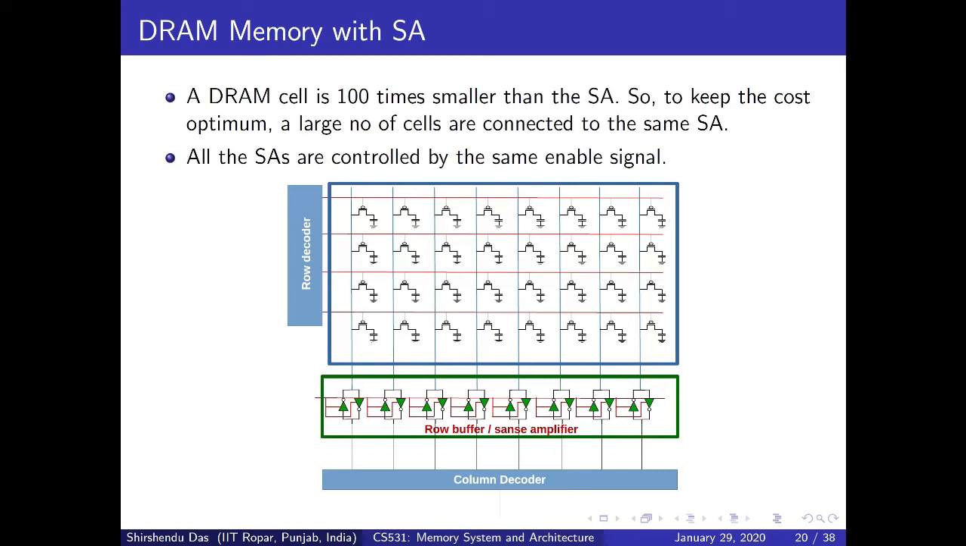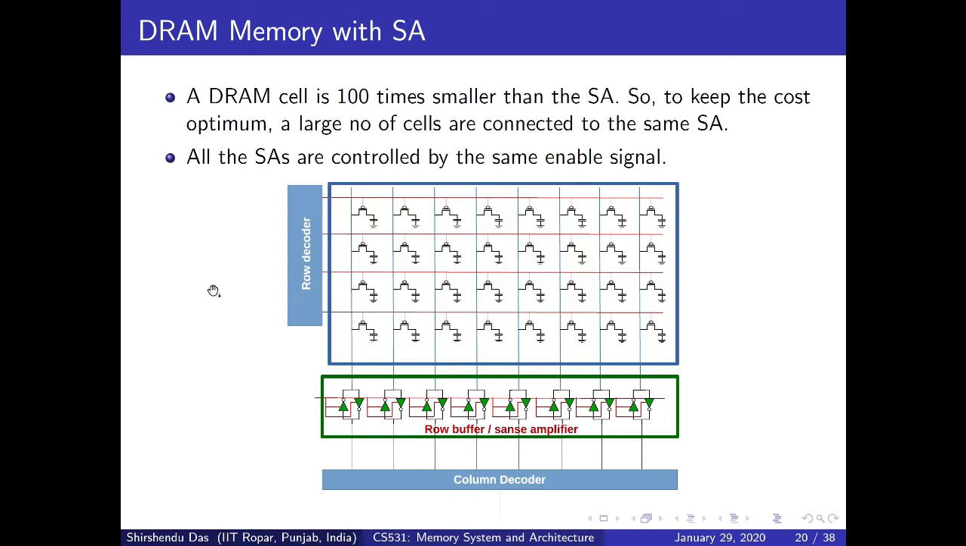But if we see that a DRAM cell is 100 times smaller than a sense amplifier, that's why in a normal DRAM memory, the sense amplifier is designed here. That means for each cell in this particular column, there is only one sense amplifier. This is perfectly fine. If you remember how a 2D memory or a bank works, that I explained in the previous